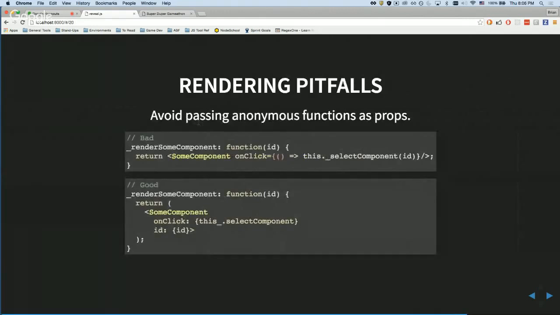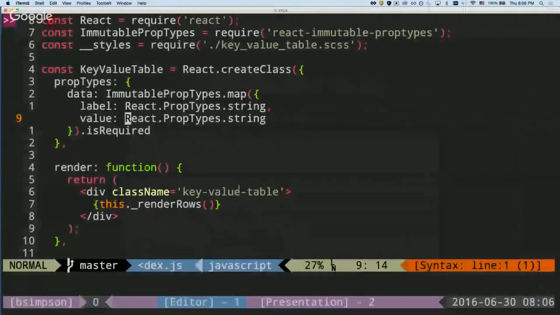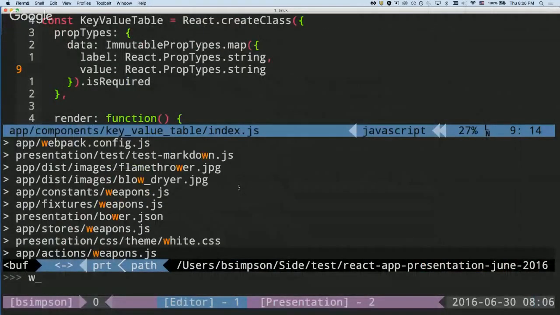So here's another good one to know, is that you don't want to pass anonymous functions as props, right? I actually cheated and did that. So if we look at the weapon list here,